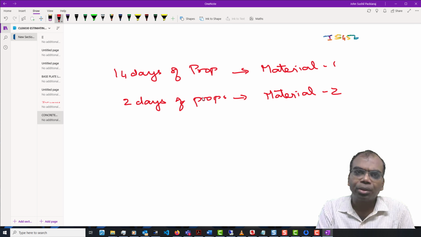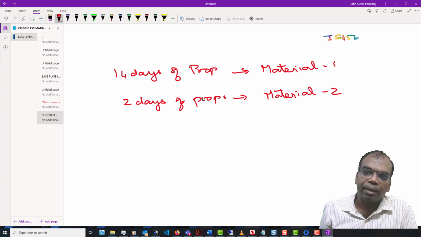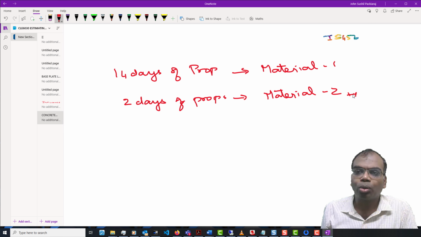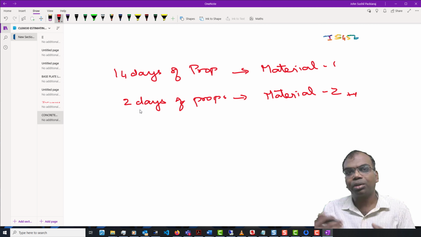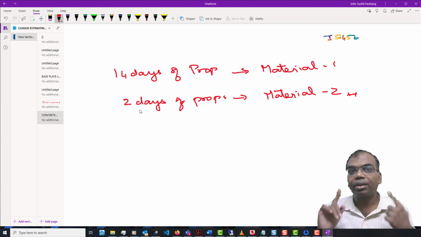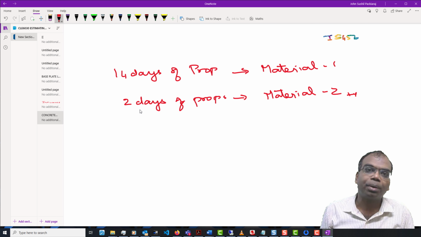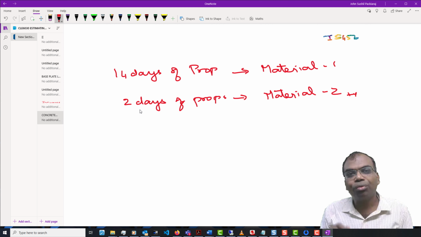Now what is happening to the concrete? I am increasing the cost for material 2, but I am reducing the cost of props. At the end of the second day, I have removed the props. On the fourth day, I could have done the shuttering for the floor above with the same props. Without using material 2, I would have had to wait till 14 days are over before I can do it.